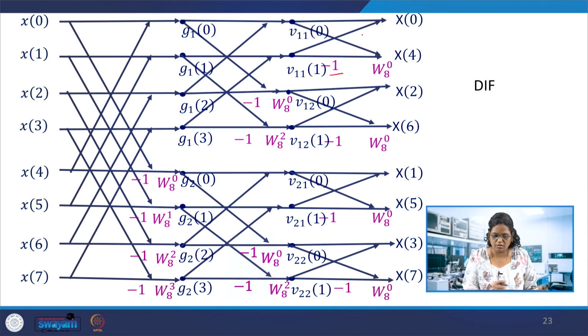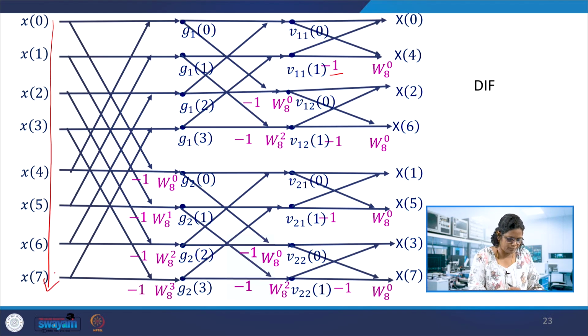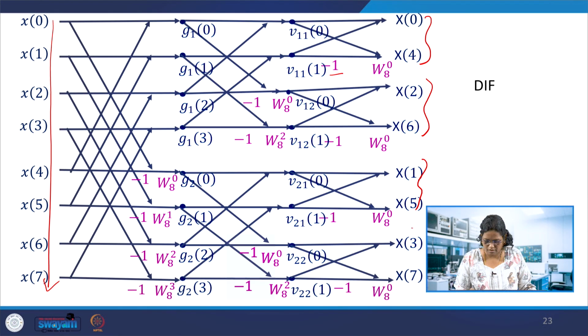So you can have the reverse order, that is, these butterflies in the reverse order in the decimation in time and frequency. So we have these ordered samples. We are not decimating here. You can see the outputs 0, 4, even, 2, 6, and then 1, 5, and then 3, 7. So we have the bit reversed order, the k in bit reversed order, not the n. Okay, so we get this, similar to the DIT.